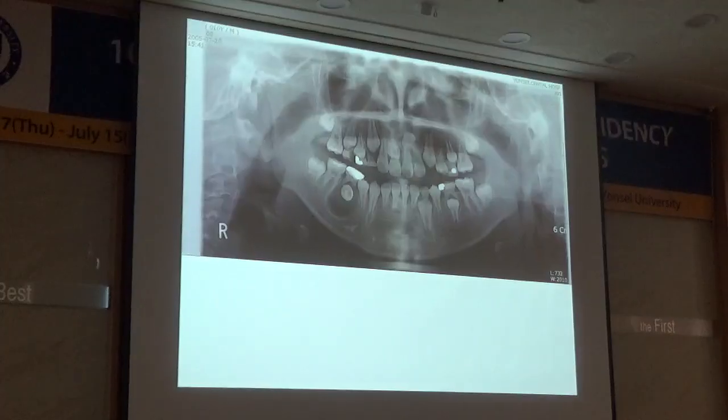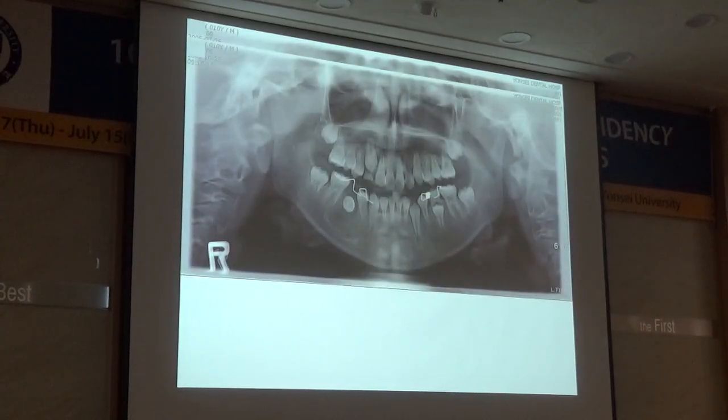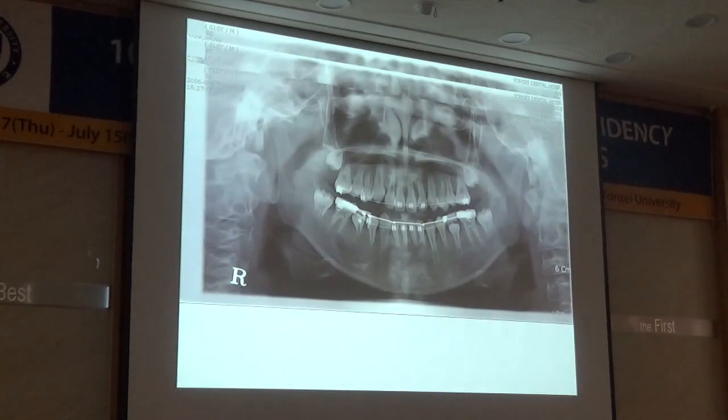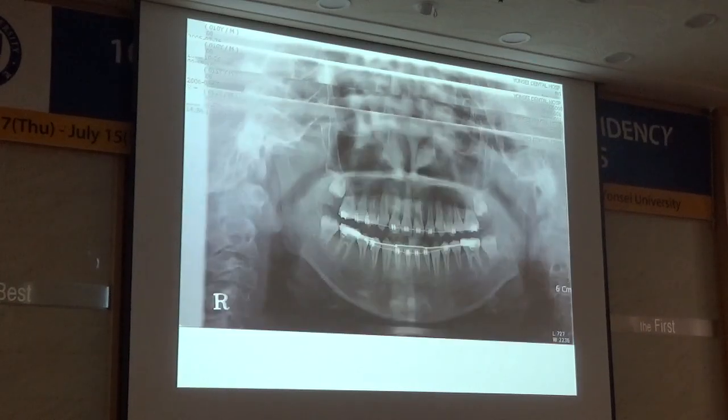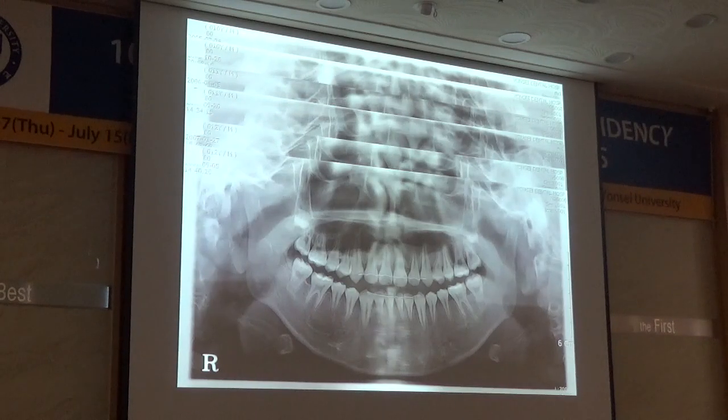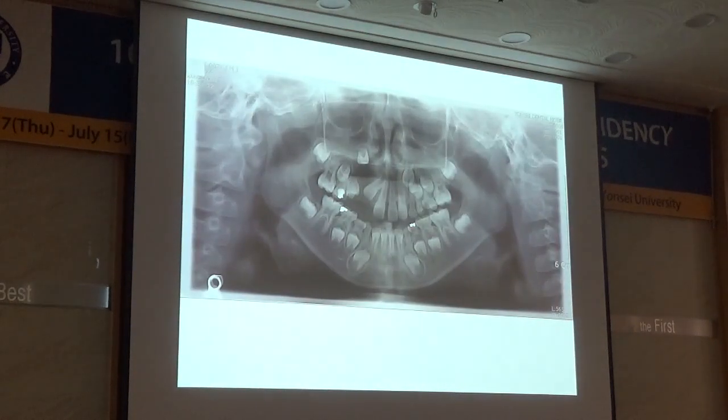This is another case, in the mandibular second molar. There is a large cystic cavity, but we extracted this diseased tooth and delivered the appliance, and then the tooth erupted. And the final result is like this. We just remove the source of infection and deliver the appliance, so that the cystic cavity remains open.